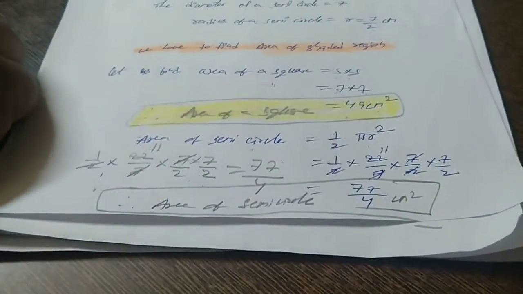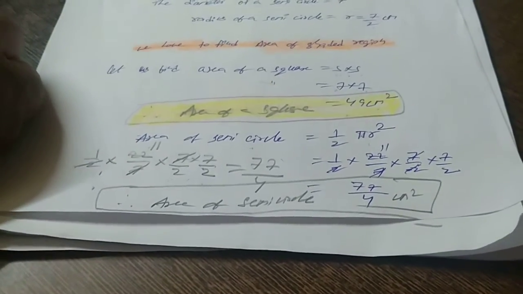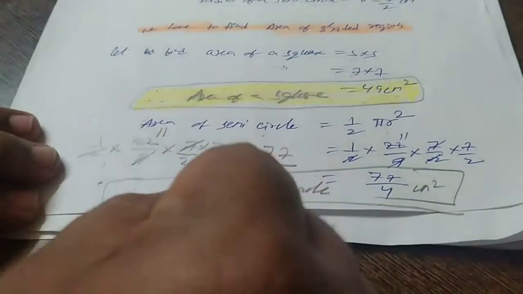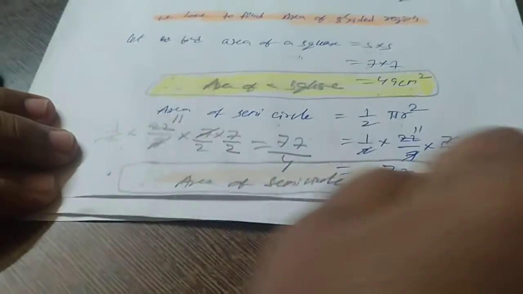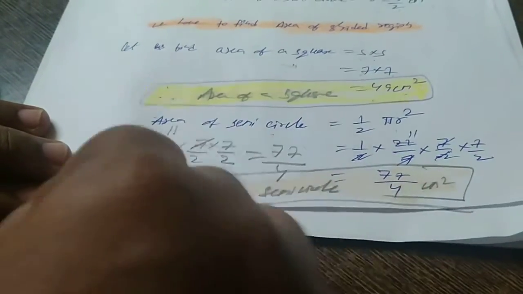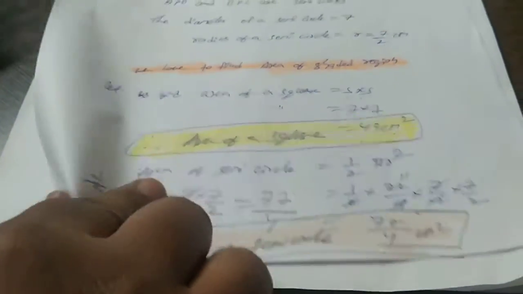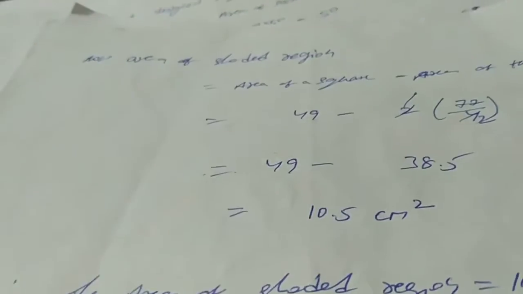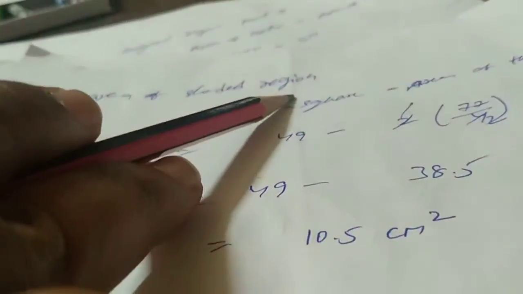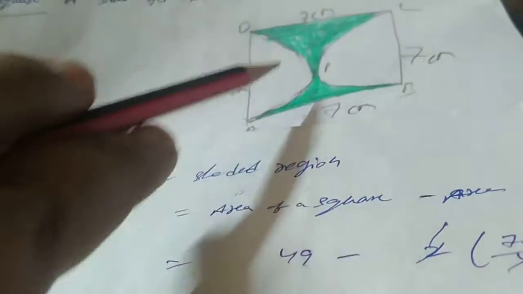It is also good to highlight, my dear students, whichever points we think are important, highlight those points. So my dear students, and next step, now we have to find the area of the shaded region. That is a very important thing. We have to find the shaded region. We did all these things.